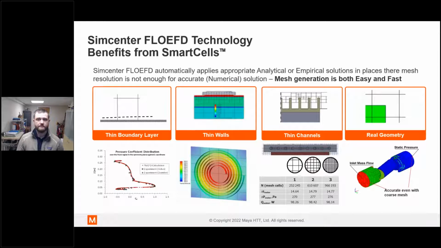So if you have lots of thin little structures or things like that, you don't have to have individual cells for each one. We also can model thin channels using relatively small number of cells. And even though we're using this immersed type of mesh, we're not doing major things to try to simplify and mess with the geometry. We're keeping the same geometry. We do not need to simplify, which is a major time saver, but also helps with accuracy as well.